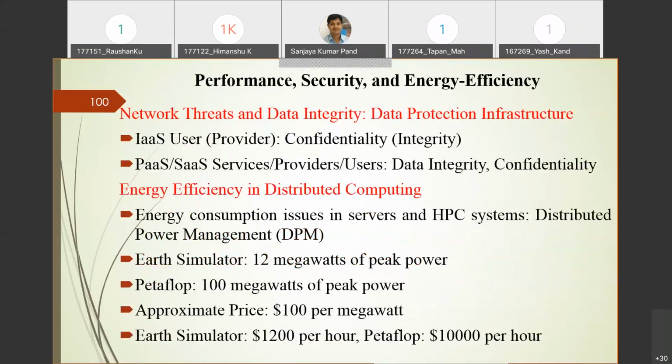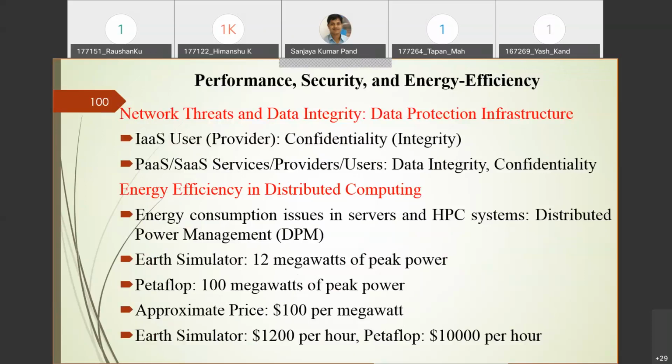Similarly, if you come to cloud computing, you know that various services are provided by the cloud. One is infrastructure as a service, platform as a service, software as a service. Many cloud service providers provide IaaS, PaaS, and SaaS. You can search these things. Similarly, from the location perspective, I told you there is a private cloud, a public cloud, a community cloud, or managed cloud, and the last one is a combination of any two, that is called your hybrid cloud.